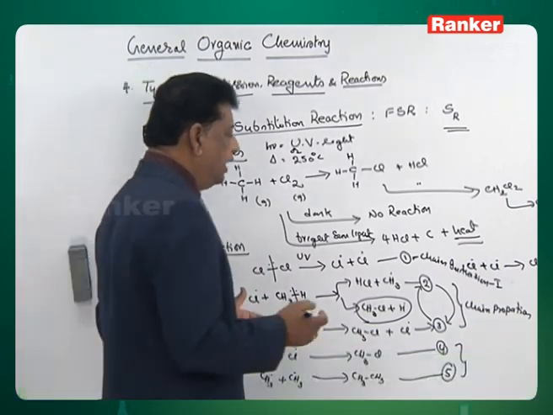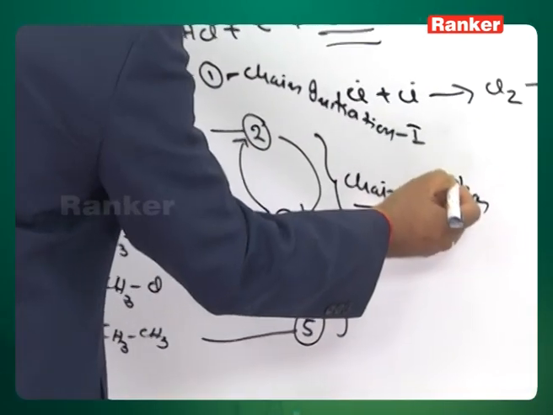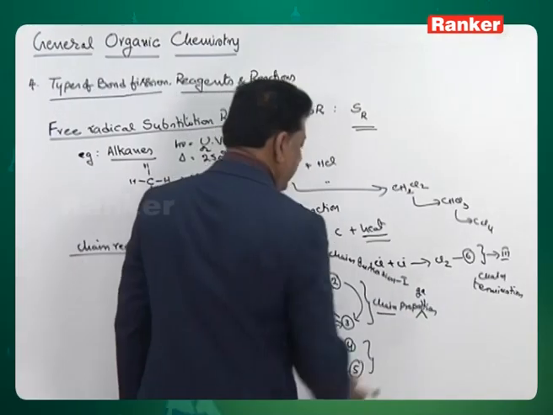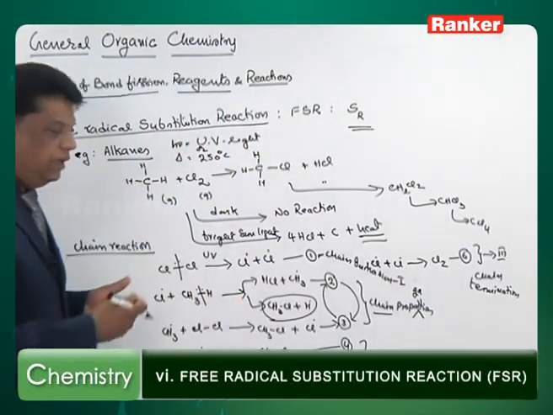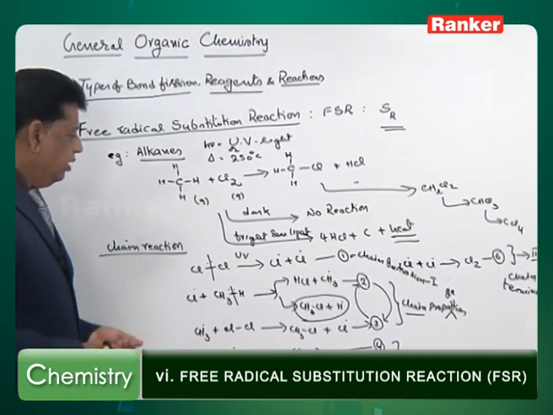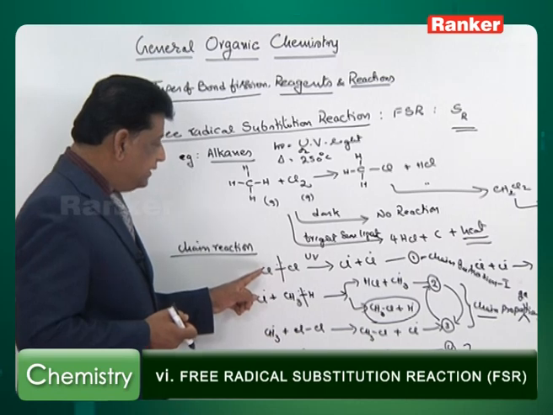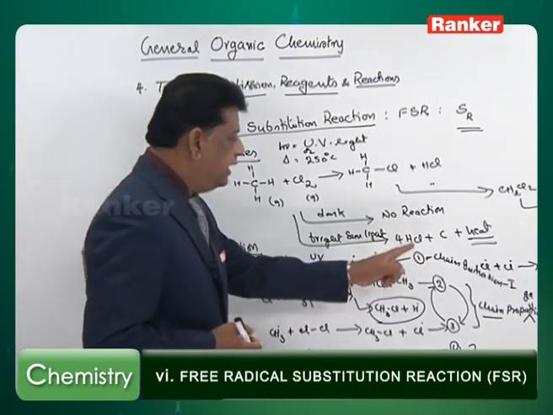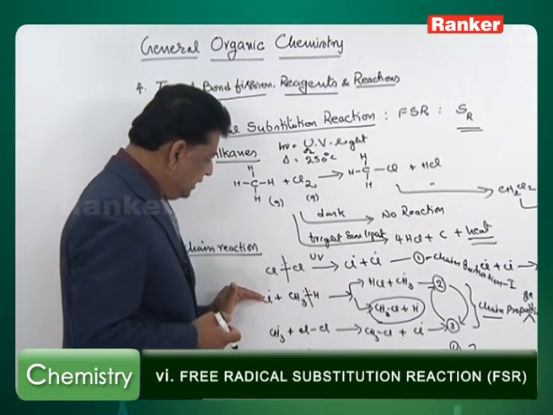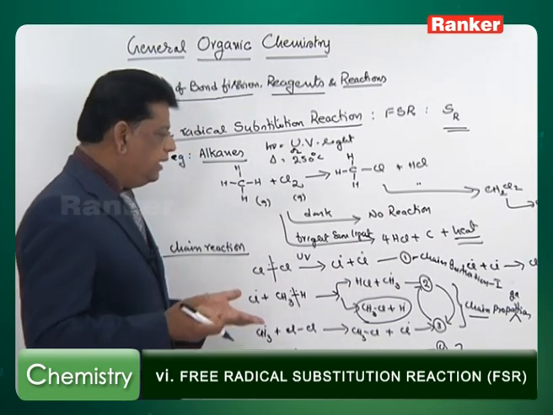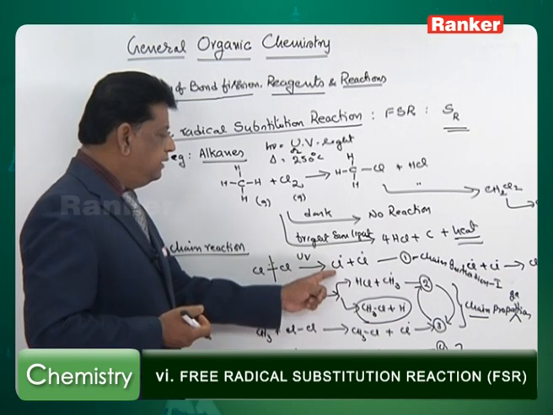So this type of reaction is called a chain propagation reaction. That means the reaction goes on more and more without any extra energy. Energy is consumed only in the first step, that is chain initiation. The second and third, that is, in the chain propagation, don't require any extra energy because the energy associated with